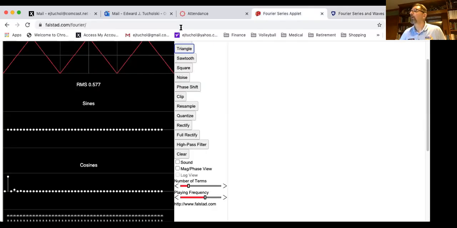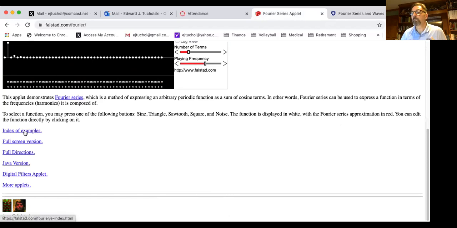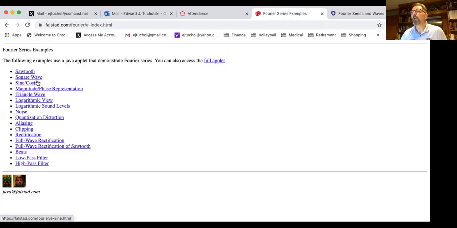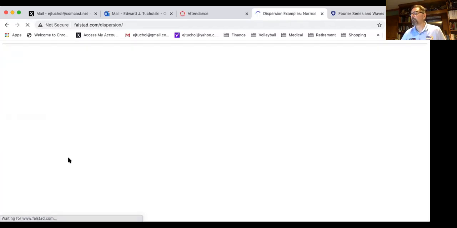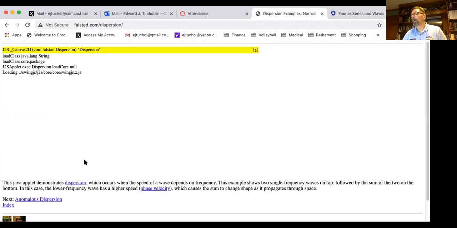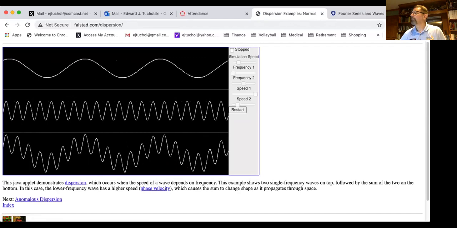Stop sharing this, go back to Falstad's stuff. Where are we? Google Chrome, yep, share that. Go to Falstad. And no, I want to go back. There we go, dispersion applet. As soon as you see this, we're done. All right, so I want to